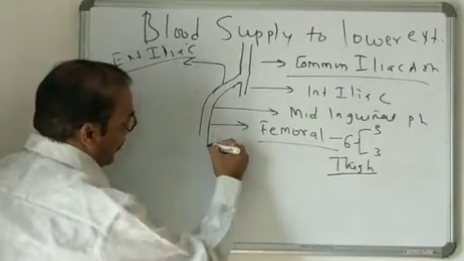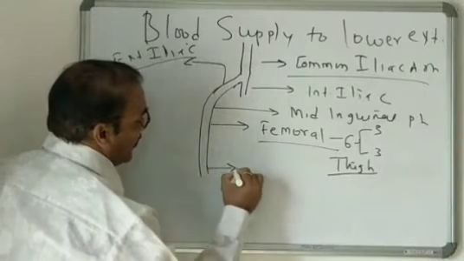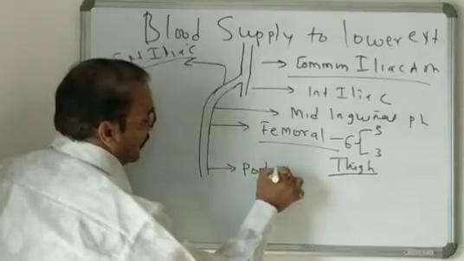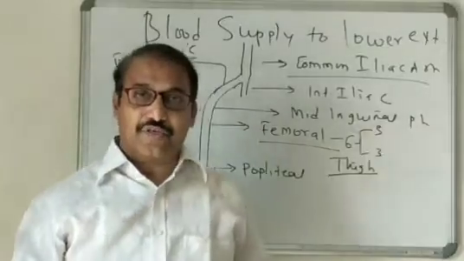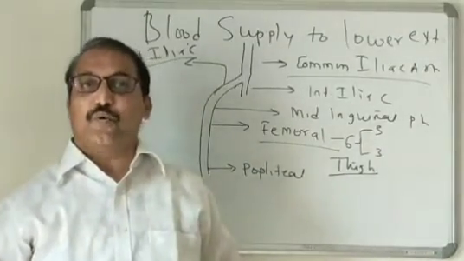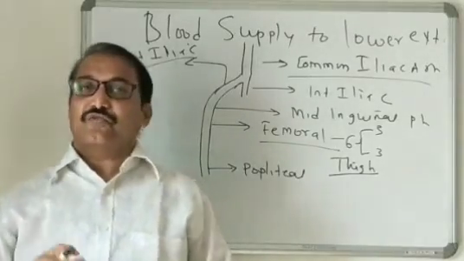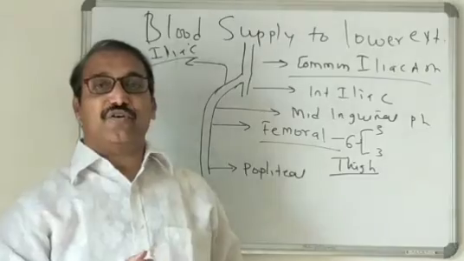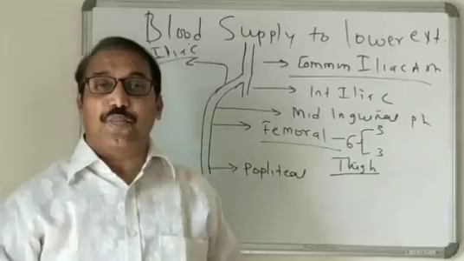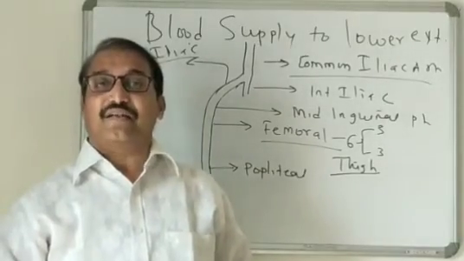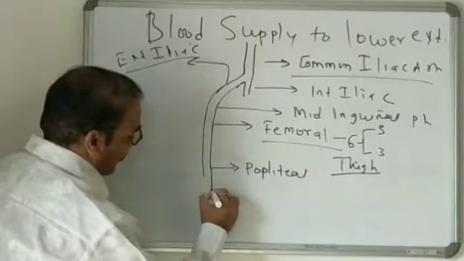Now this femoral artery enters the popliteal fossa just behind the knee. It becomes the popliteal artery. Just behind the knee there is a depression, so that is the popliteal fossa. In the popliteal fossa, the popliteal artery is present. It is nothing but the continuation of the femoral artery from the opening present in the lowermost part of the adductor magnus muscle, that is the hiatus magnus. So it becomes popliteal. The popliteal artery descends downwards.